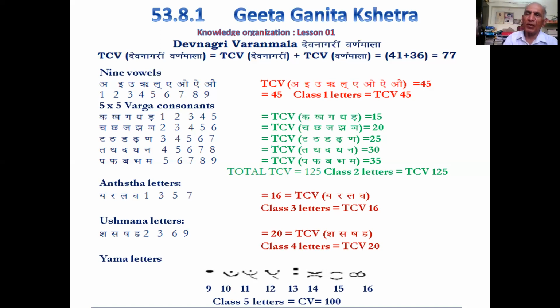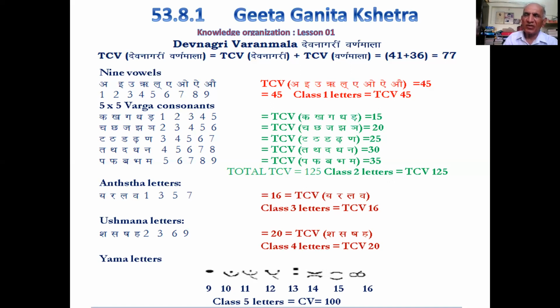There are quadruple Ushmana letters, and the placement values associated with these quadruple Ushmana letters are 2, 3, 6, and 9. It is the third group of consonants, and we will subsequently